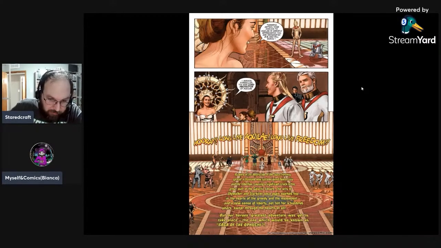As word of the destruction of the space fortress spread, 1,000 new systems joined Queen Leia in the rebellion, causing a significant crack in the Great Wall of the Galactic Empire. The acts of Skywalker and Starkiller once again sparked fear in the hearts of the greedy and the malevolent. And a new sense of liberty, not felt for 100 years, swept across the heart of all. But our hero's great adventure was yet to take place, the one that will be known as the Saga of the